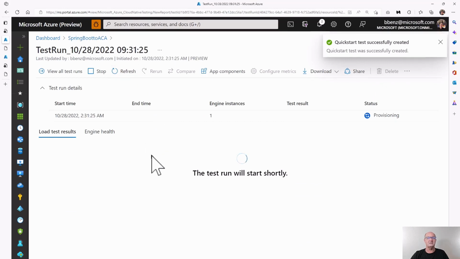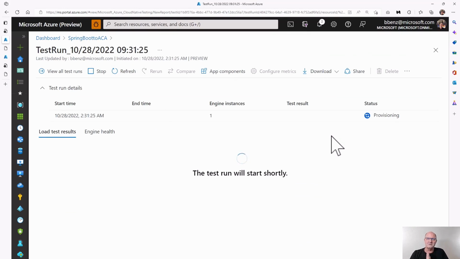Okay, so what it's going to do now is fire up more of those hosted agents that I mentioned before. It's going to start them running. There are 250 virtual users per hosted agent, which is kind of cool. If you put 1,000 users in there, it's going to create 4 instances and start them up. In this case, it's going to use 1 instance. It's going to create that and start running.